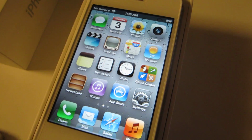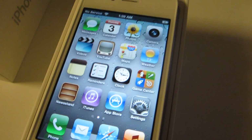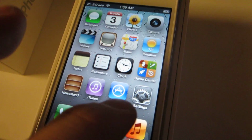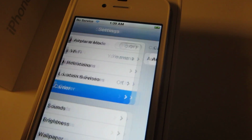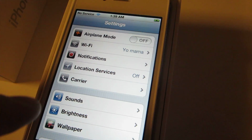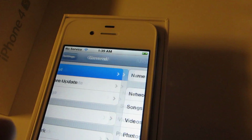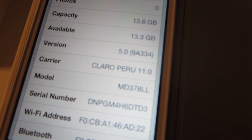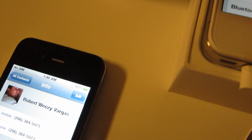All right. Unfortunately, Claro doesn't pair with either AT&T or T-Mobile, so we won't see a signal in this case, just because this SIM card itself isn't activated. However, we can tell that the phone is registering with the card that it has in there because the carrier name doesn't disappear. Additionally, we can go to General, go to About, and if we scroll down, as you can see right there, it says Carrier Claro Peru,